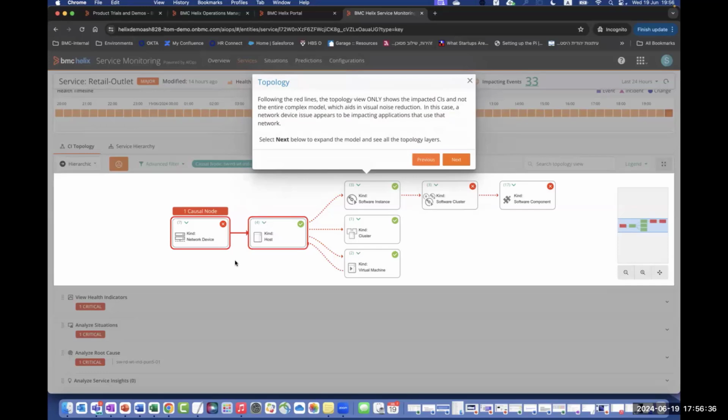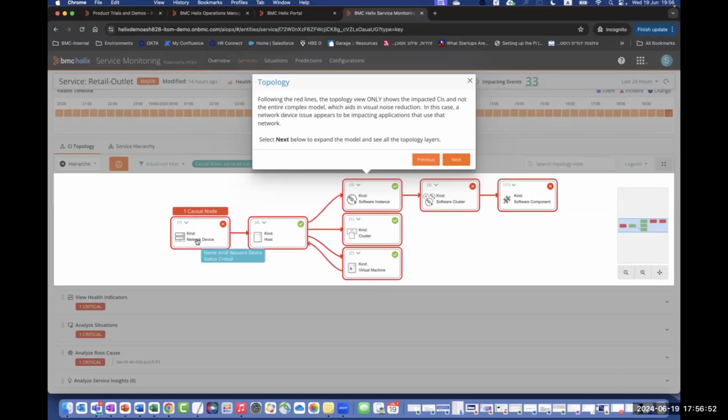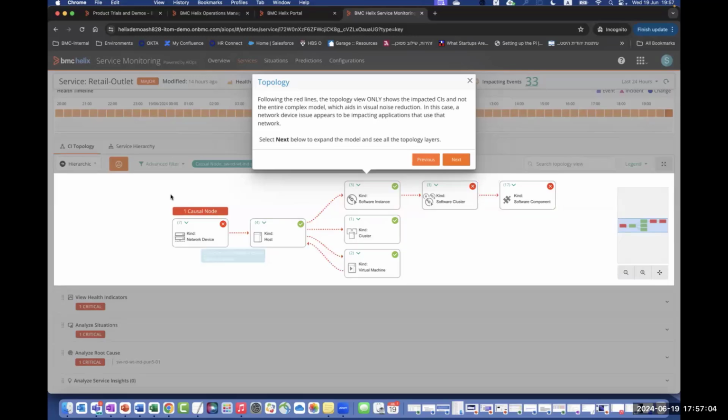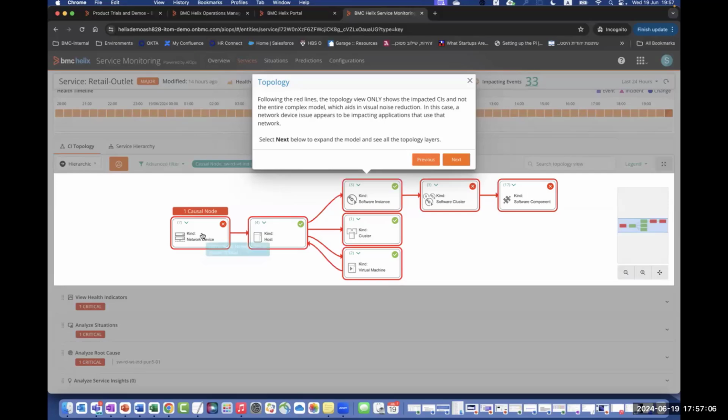So what you can see here is a simplified view of the different components that are relevant for this service, including starting from a causal node. A causal node is the entity that AIOps has determined is the root cause of the other problems that you may be experiencing. So if we mouse over this, don't click, but if we just mouse over this, you